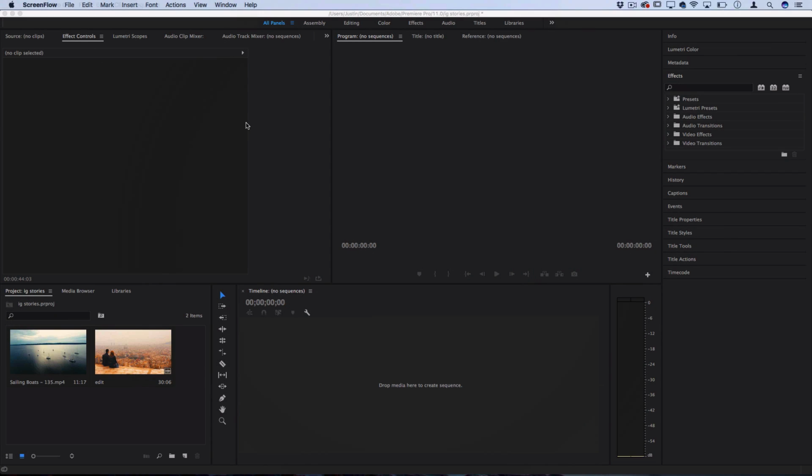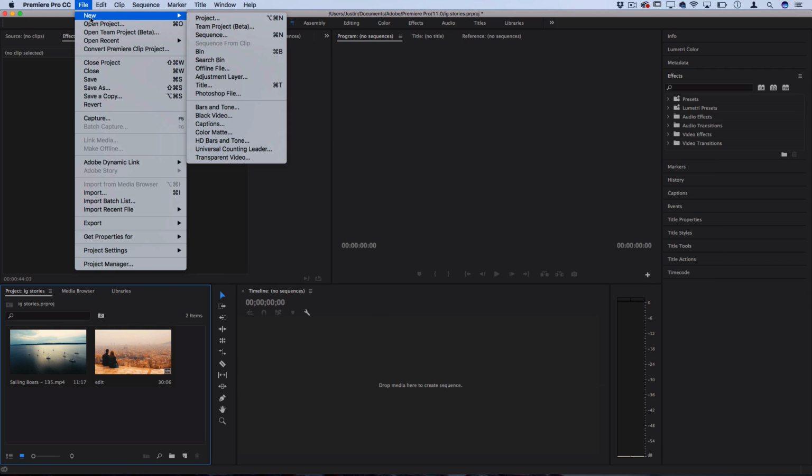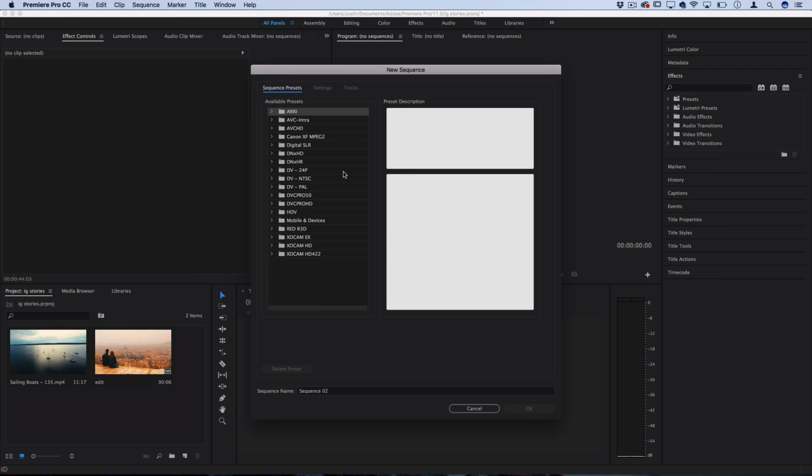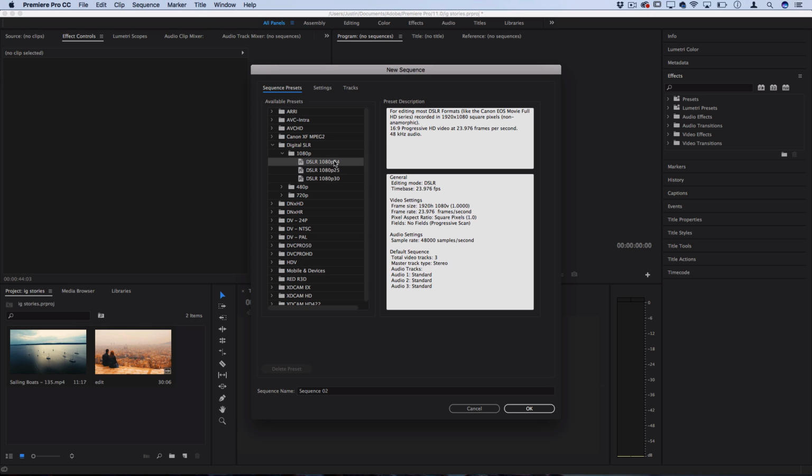So let's open up a new sequence in Premiere Pro that's the proper size for vertical video. So in this project I'm going to go to File, New, Sequence, and Premiere has all these presets available if you were using a Canon or a Red or specific things with specific different frame rates and resolutions, depending on what video footage you were shooting with. So something like digital SLR, 1080p, 24 frames per second